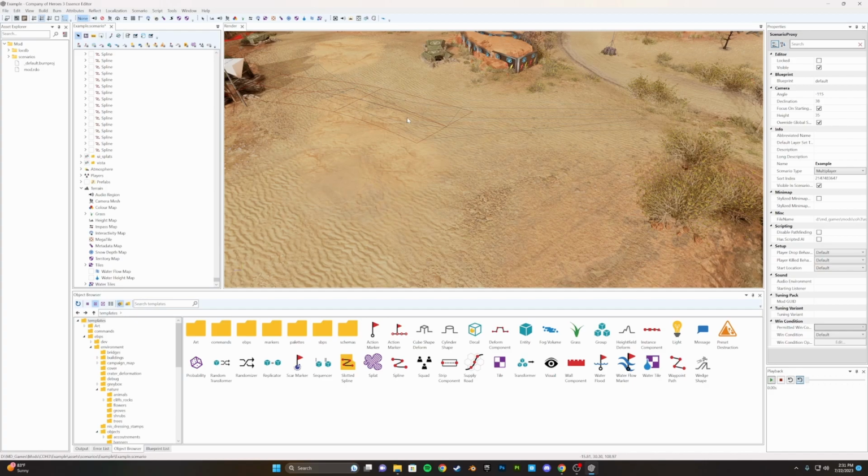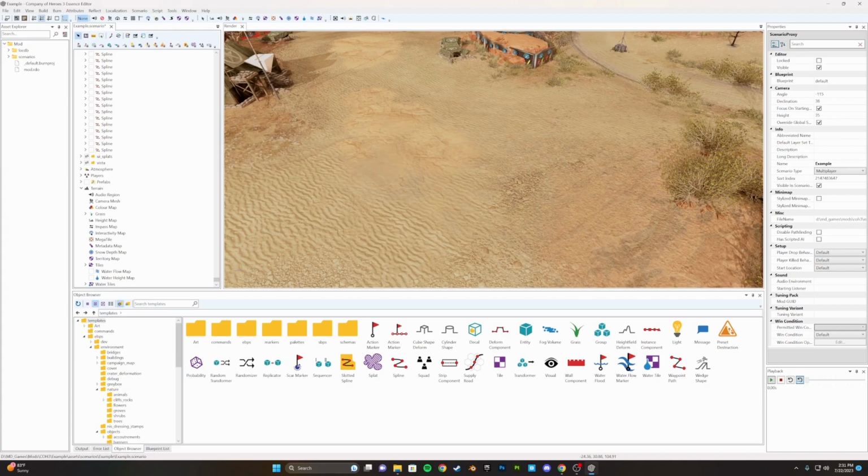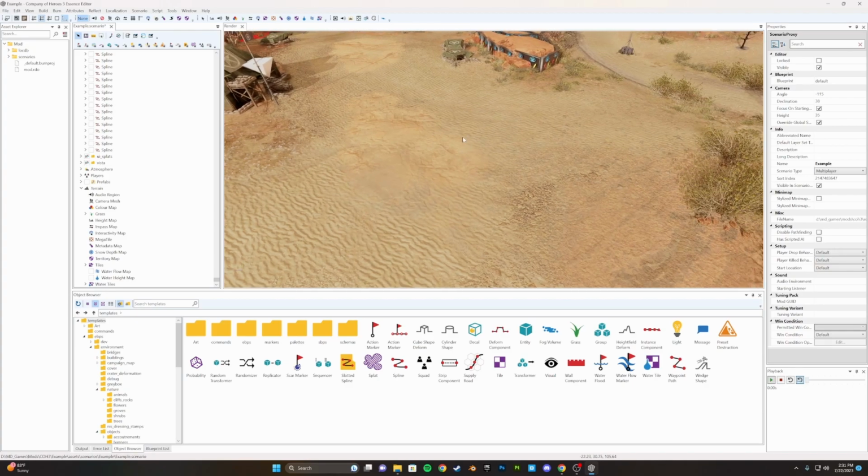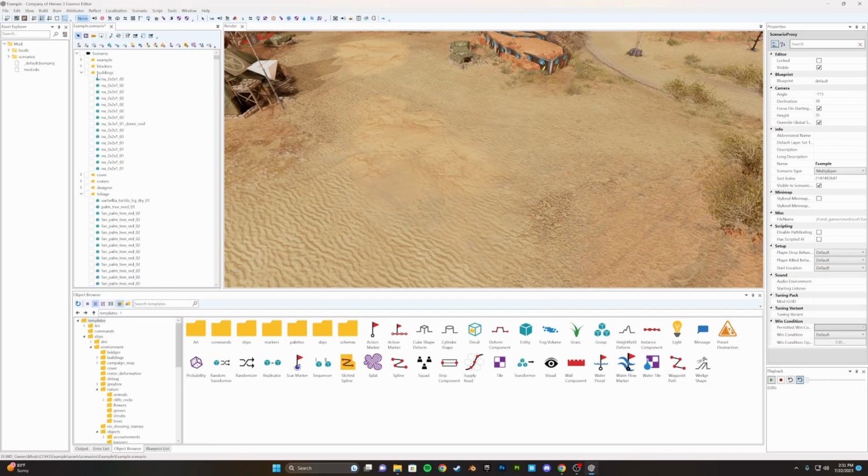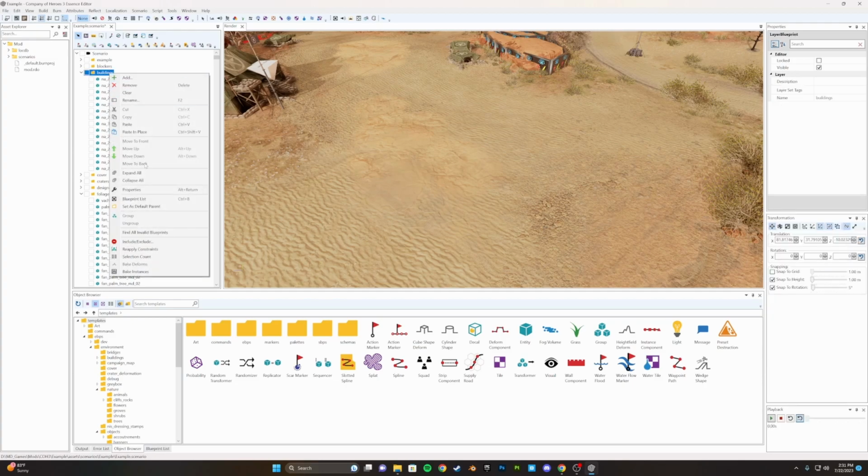Now that we know where most everything is in the editor and where everything is located as far as assets and windows, I'm going to go over the major building blocks for building a map, your hammer and chisel, if you will. And those would be splines, splats, volumes, and EBPs. So starting with a spline,